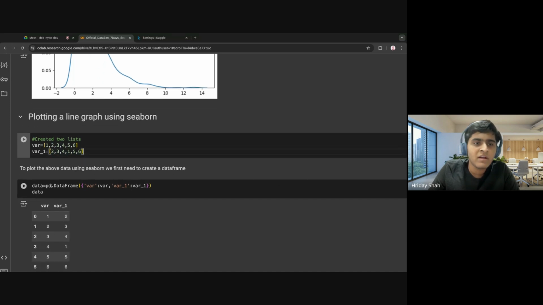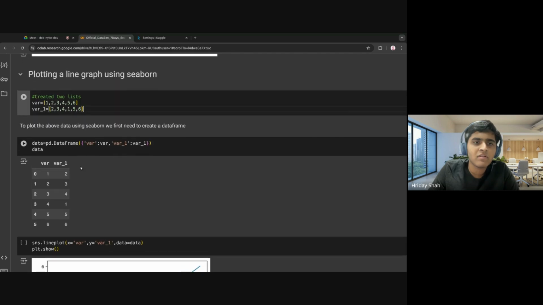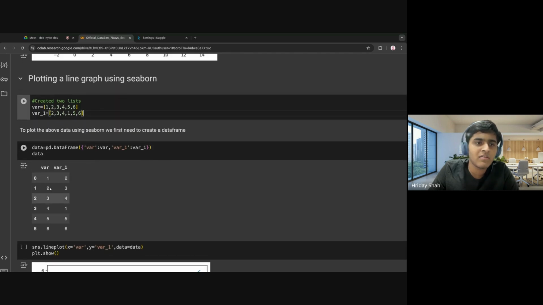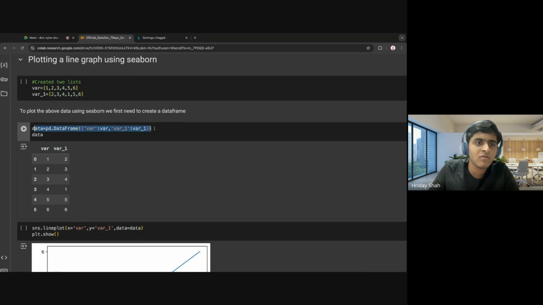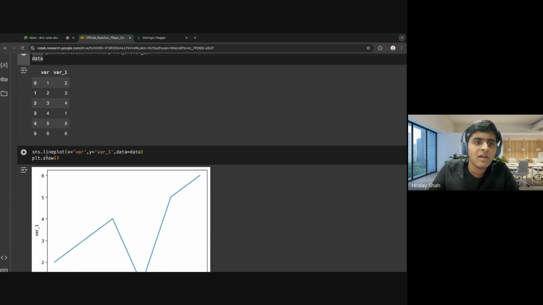Using pandas, I've just given a nice view of what var one means. This is just an ordered way of writing this, and this code helps us write that. And with sns.lineplot, we can